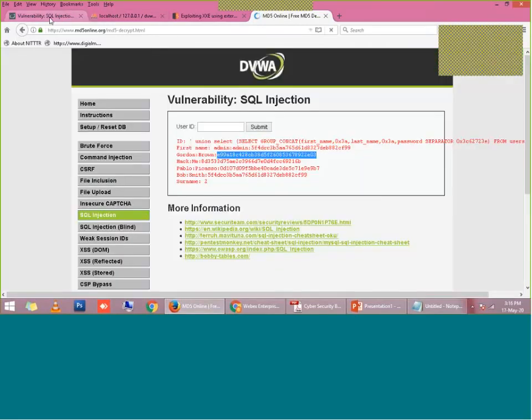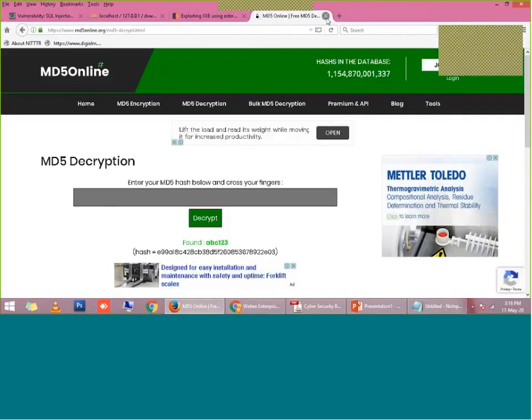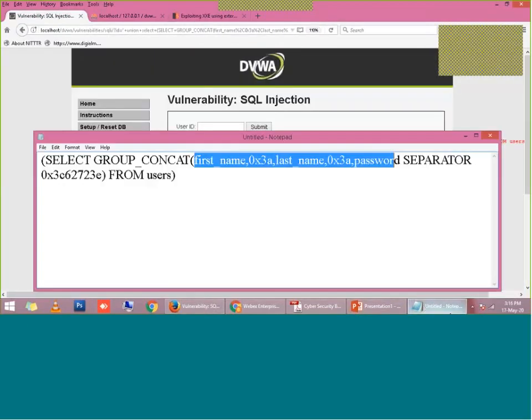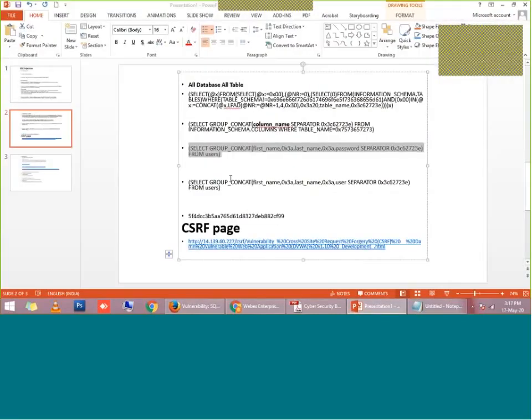In this way, if someone has kept a very easy password, that is why it is always recommended that the user keep a strong password. If you use a password like ABCD1234, it is very easy to decode, because these sites have created a strong database of encoded and decoded versions of passwords.